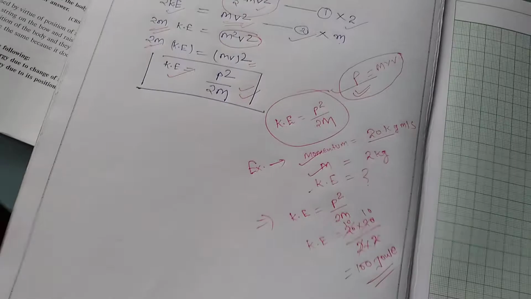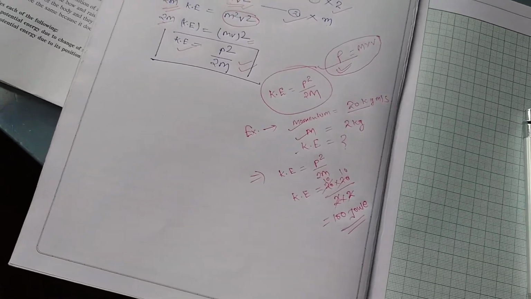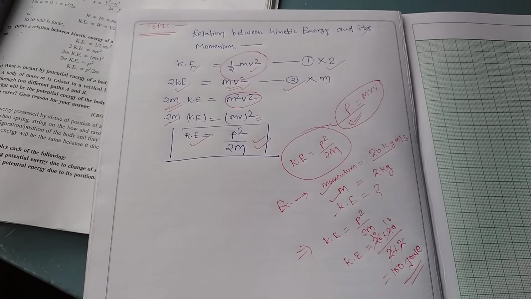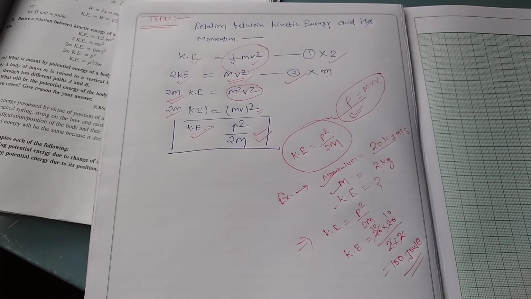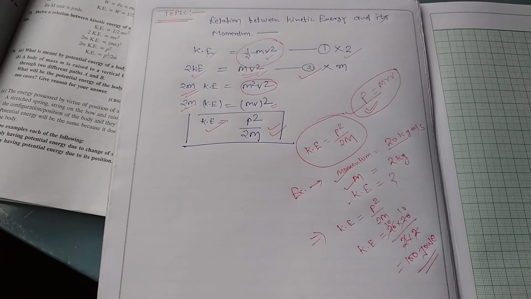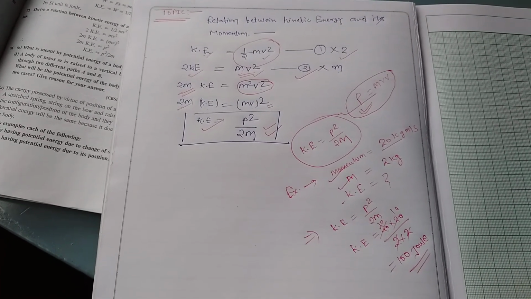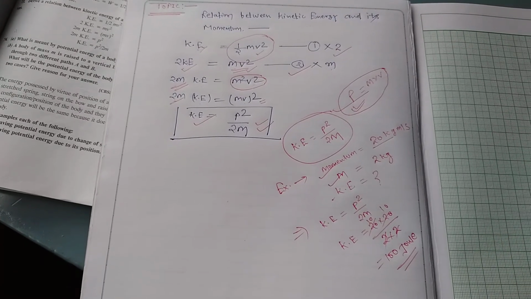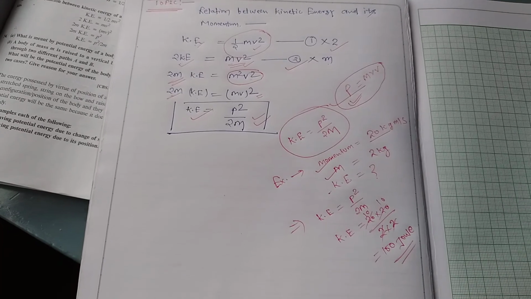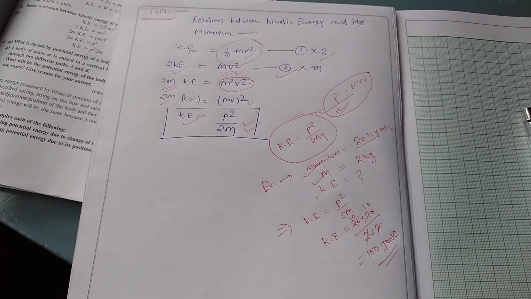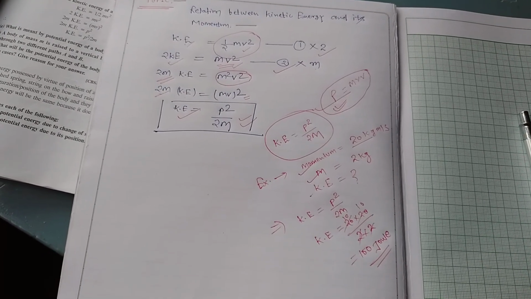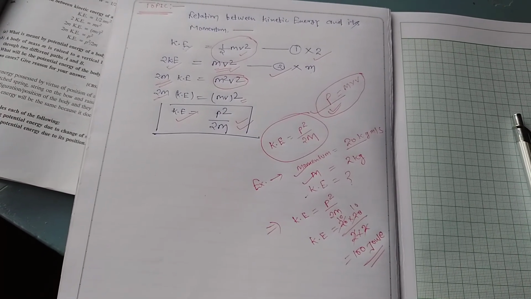My dear students, in your calculation portion, to solve any numericals related to kinetic energy, if you are given only momentum and mass, then you can find the value of kinetic energy. So try many numericals related to kinetic energy in which only momentum and mass are given. Try to understand and solve many numericals related to kinetic energy and momentum's expression or relation between kinetic energy and its momentum.